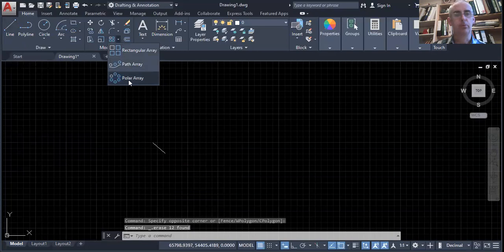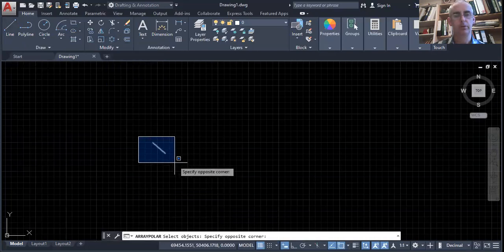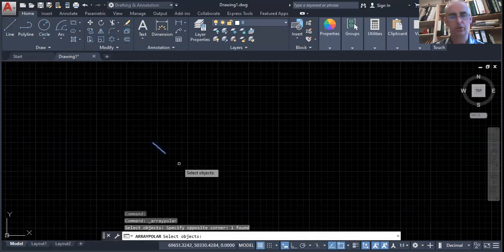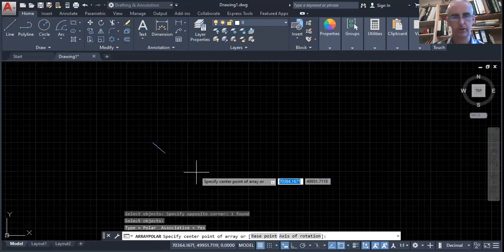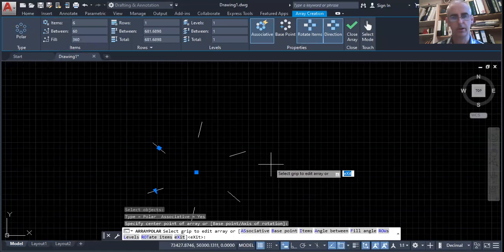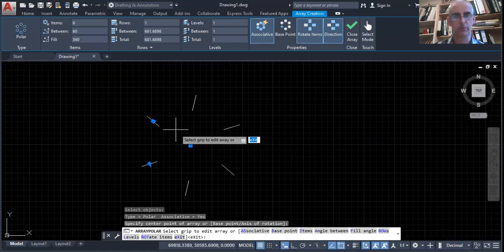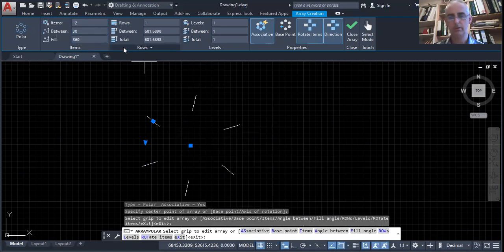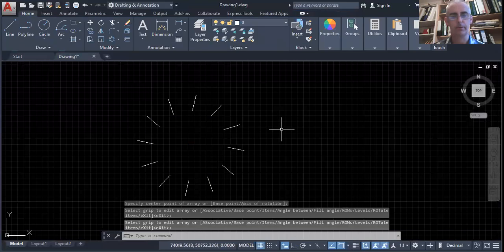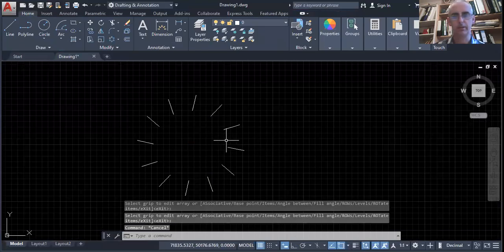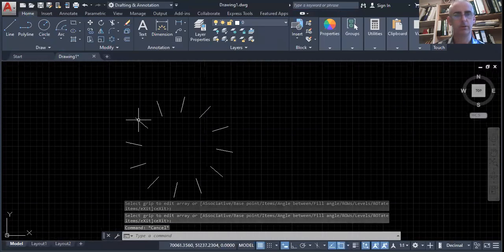Go to polar array, and we want to make maybe a circle of these. Okay, specify the center point. I could say the center point's here, and you get the idea. You could increase the number of these all together. We've got 6 here. Could maybe make that say 12. Okay, and you get the basic idea of how you can array